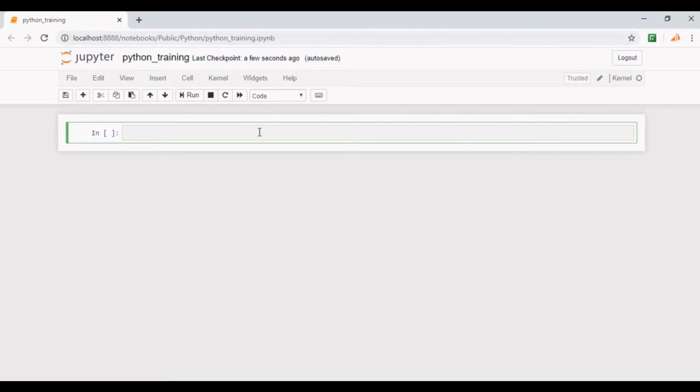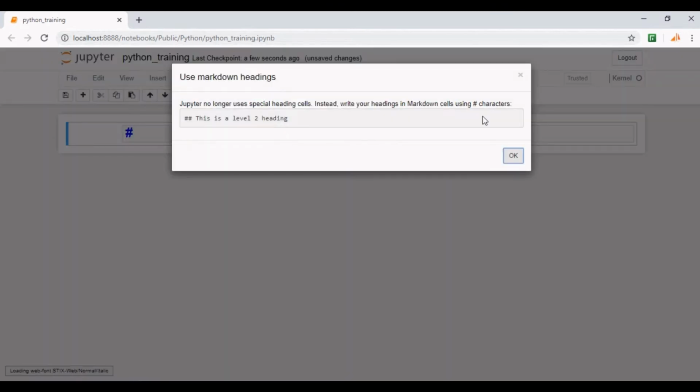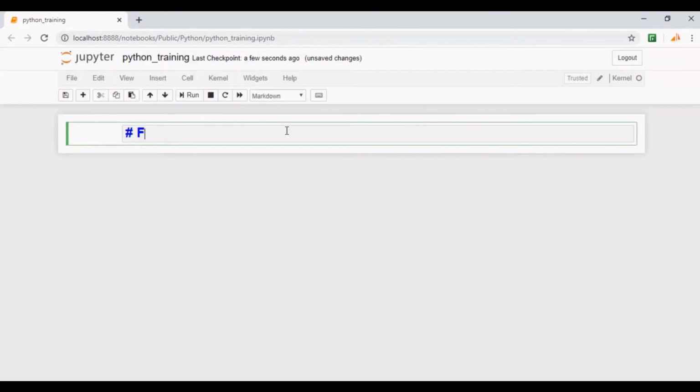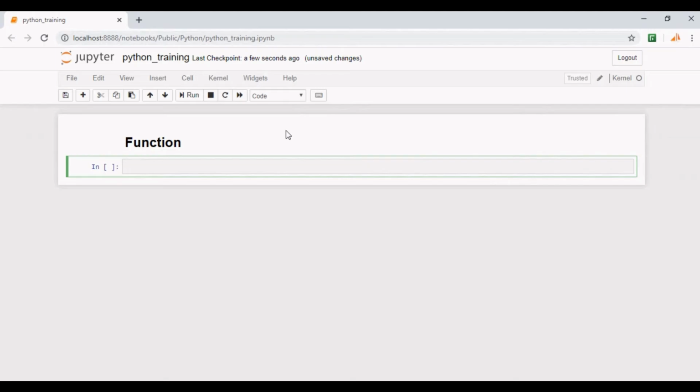Hi friends, in the previous tutorial we discussed the Python statistics module. In this tutorial we will understand what a function in Python is and how we write and use a function in Python, which will set the foundation for our next few lectures on OOPS concepts. A function in any language is an organized block of reusable code which can be called in a program